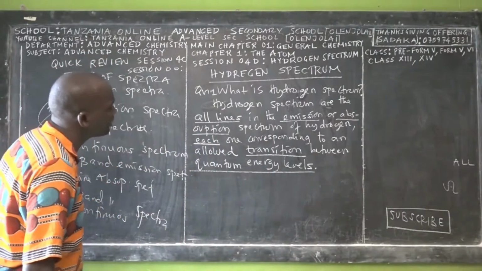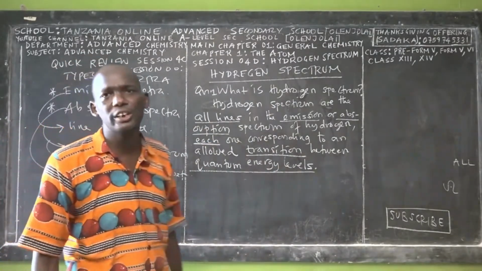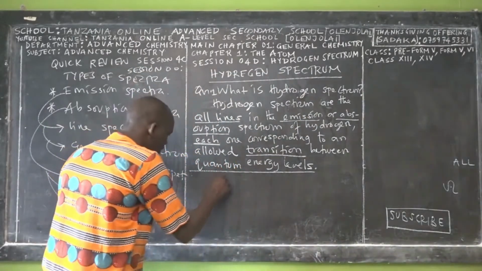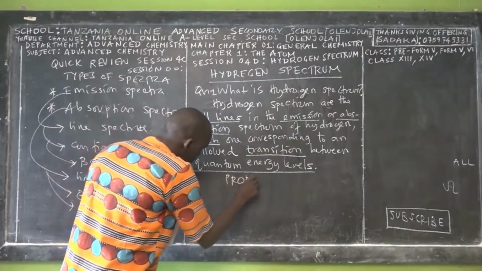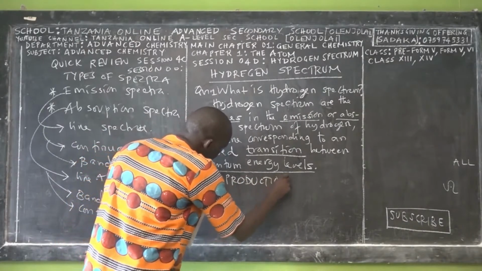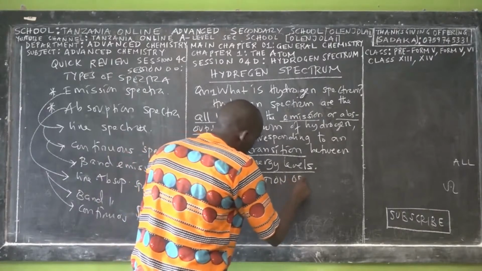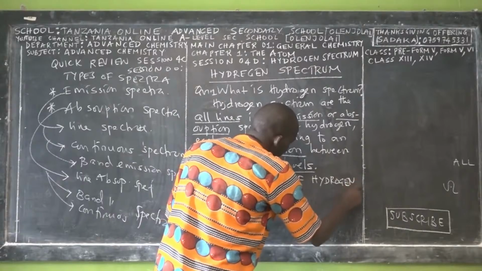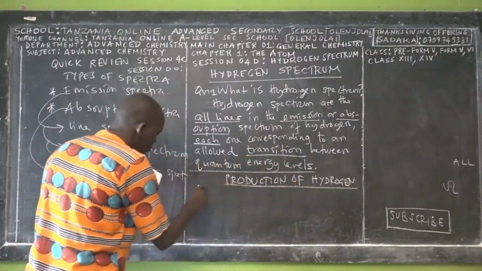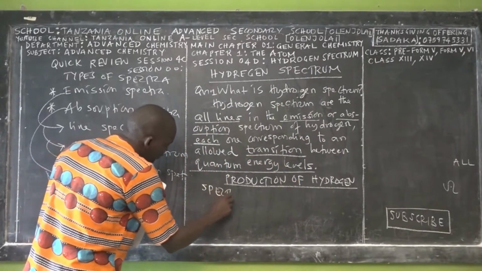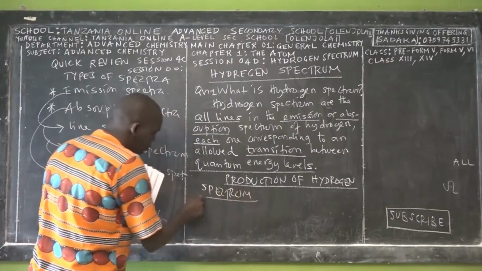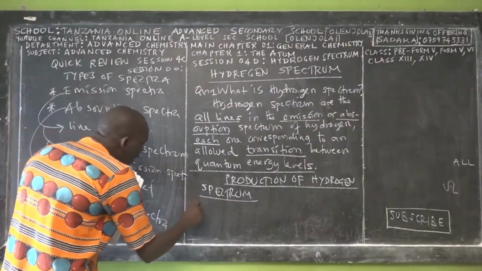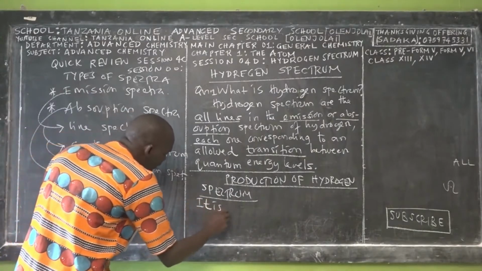So the next question: how can we get the hydrogen spectrum? The production of hydrogen spectrum. How do you produce it, and what instrument can help us to see the hydrogen spectrum? Simply, it is obtained